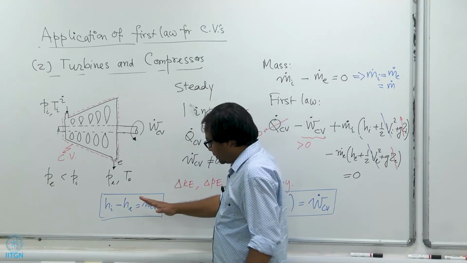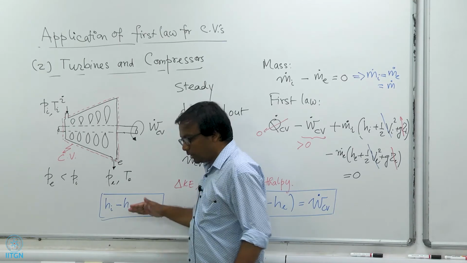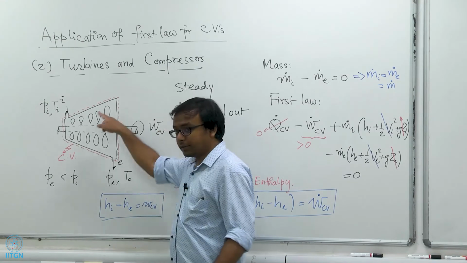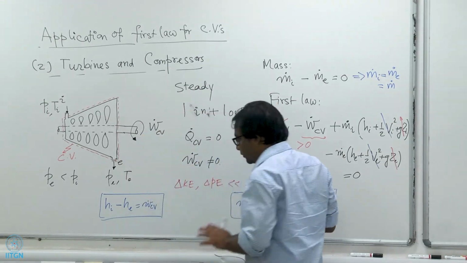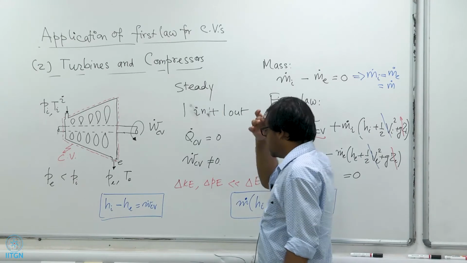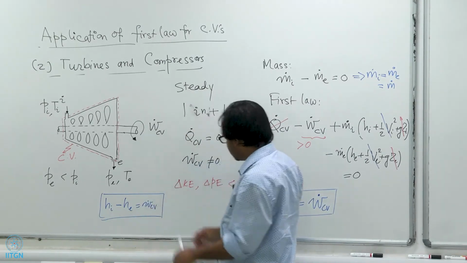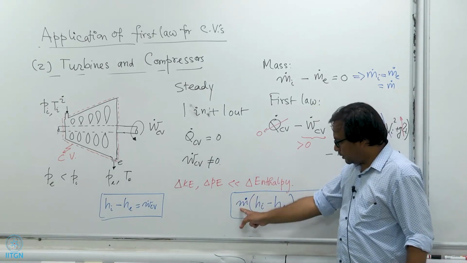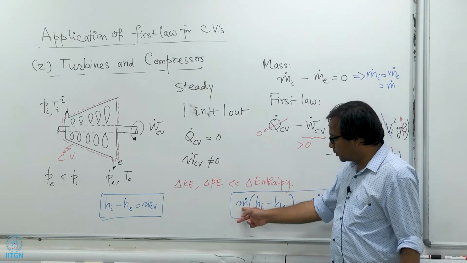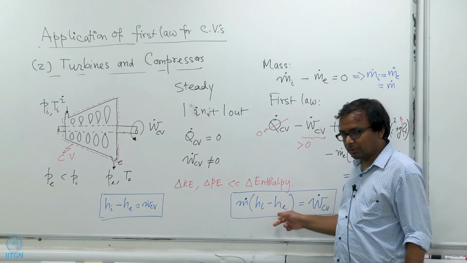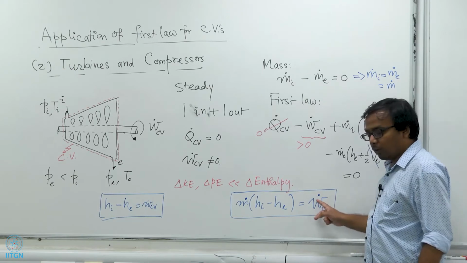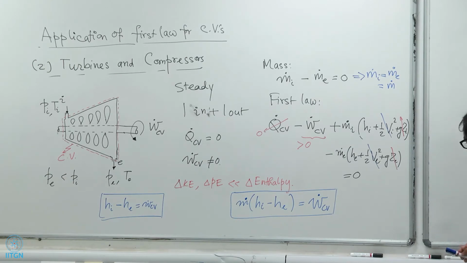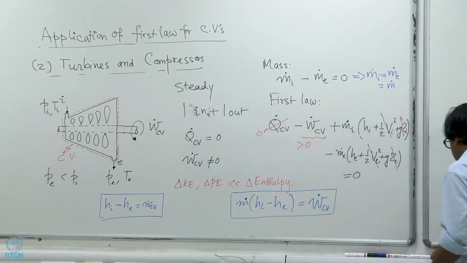And this is again work done per unit mass flow rate of the fluid. This is not per unit mass of the entire turbine. Nowhere in this derivation have we discussed the mass of the turbine, it does not matter in this discussion, okay. So, perhaps this is better: this is the mass flow rate at the inlet or at the outlet times the specific enthalpies at the inlet and outlet, and this is the total work output from the turbine, okay. So, let us quickly discuss the compressor also while we are at it.